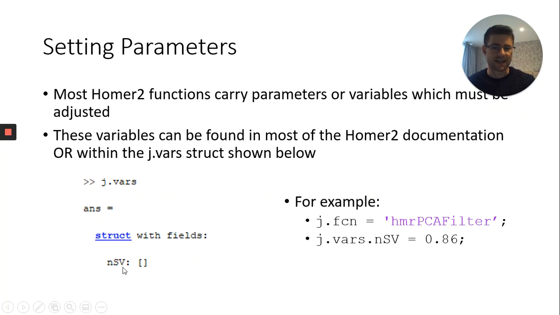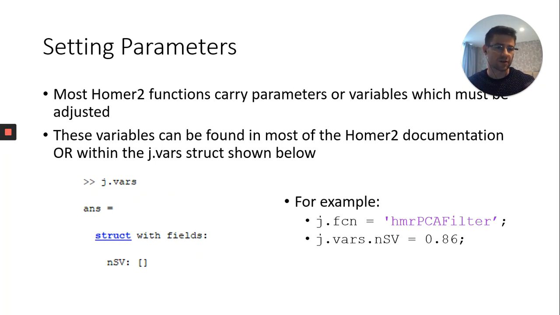So in this case, it's NSV, and I designate that. This is essentially saying what percentage of variance do you want to remove with your PCA filter. Admittedly, I picked 0.86 kind of randomly, so don't imagine that that's the default you'll want to pick. But just to give you an example of how you would do it, I'd say